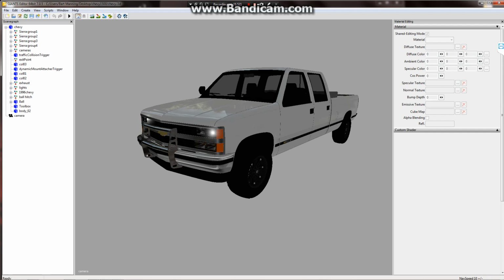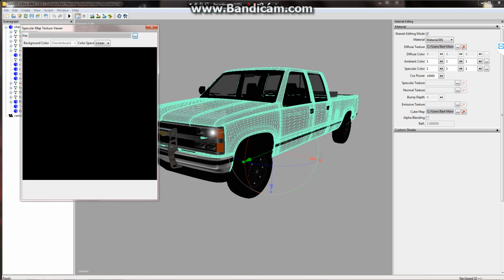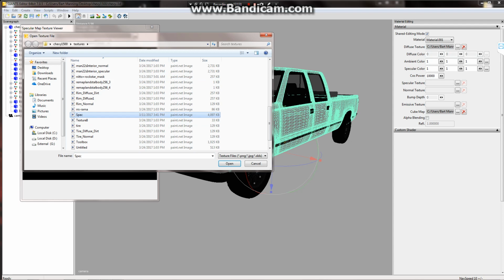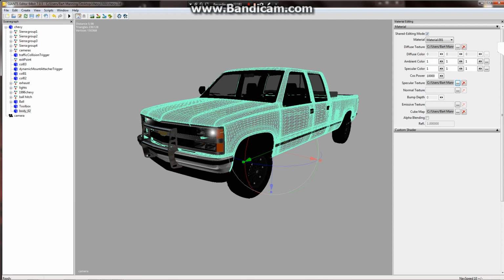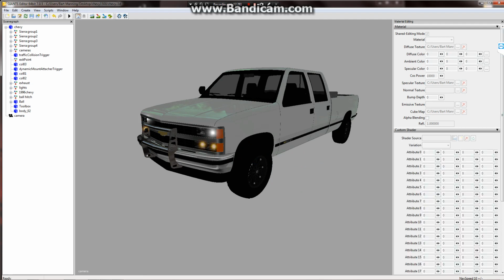So, now that we're back in here, we're going to click on our body. Now this is easy. I like the way Chad did this, because the entire body is all one piece. Now you're going to click on your specular texture, and we're going to go back into our folder and find the spec that we just put in here. We're going to open that up and drop it on our body. Now, you probably won't see much of a difference. If you look, you can see a little bit of yellowish green, ugly tint. That is about to change,